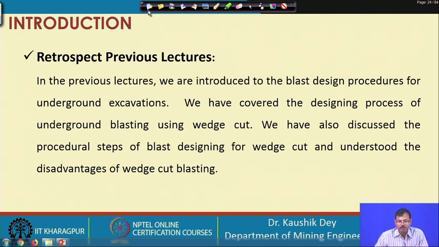Another drawback of the wedge cut is that the length of the drilling is dictated by the width of the opening. So, we cannot go for a very long drill, which is essentially required to achieve large production. To avoid these two problems in wedge cut,